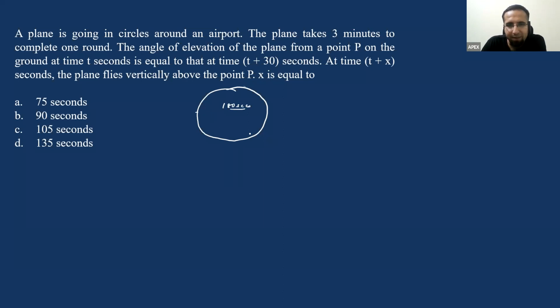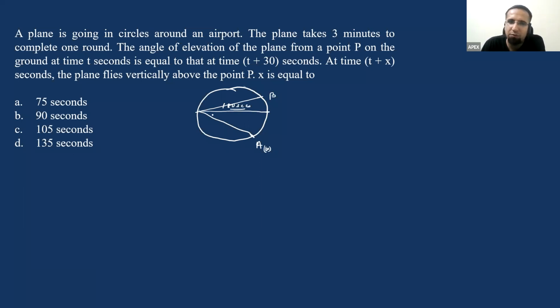At t seconds, let's say the plane is here. So the angle of elevation here is equal to, or let's say the point A at t seconds is equal to that of the point at a time t plus 30 seconds. So let's say somewhere here in 30 seconds, the plane has covered this part. This is the point P. So this total thing is t plus 30, right? If this is t plus 30, now what we can do is,